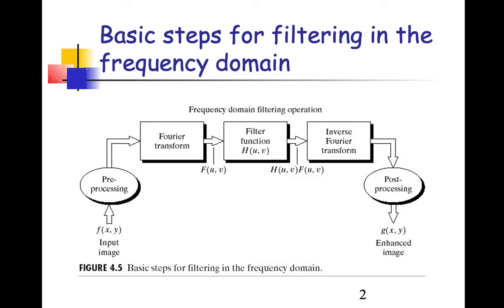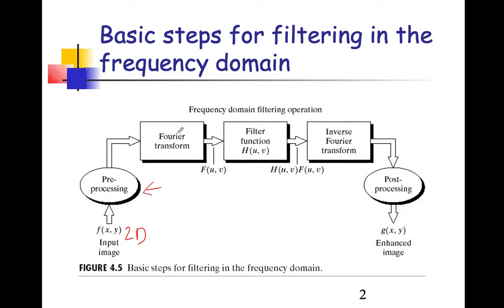In the frequency domain, the input for your system will be a 2D image, which is why it is called f of x comma y. That is given for pre-processing. In the pre-processing stage, some small mathematical models are applied to set up the image for further processes like rotation and scaling, so that it can be given for the Fourier transformation.